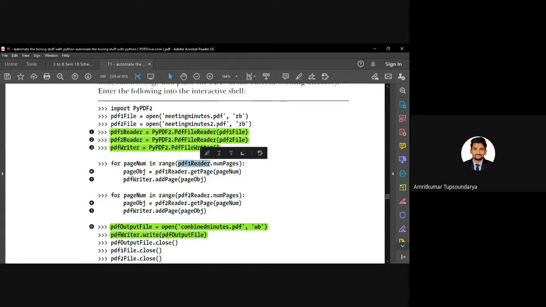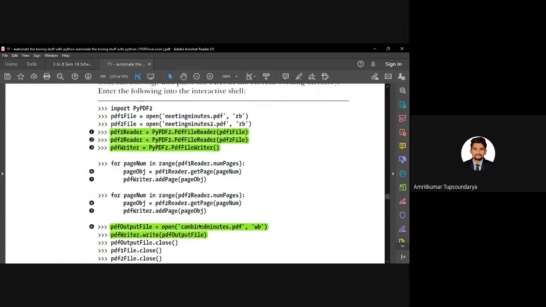Only that first we read the first PDF, second we read the second PDF, and then we combine the copied content of the first PDF and the second PDF into our new PDF called combined minutes.pdf. So this is our output PDF, or you can say the third PDF. For that, we are first going to create the PDF output file object.